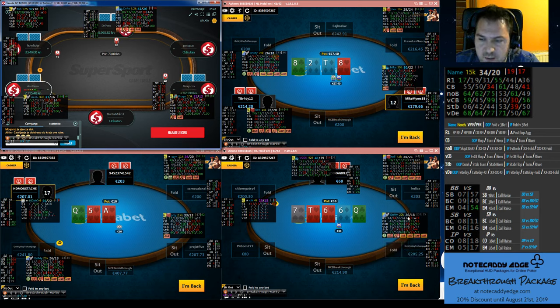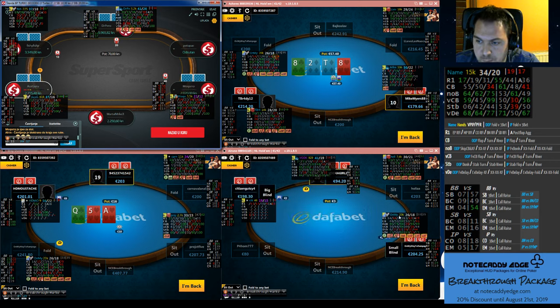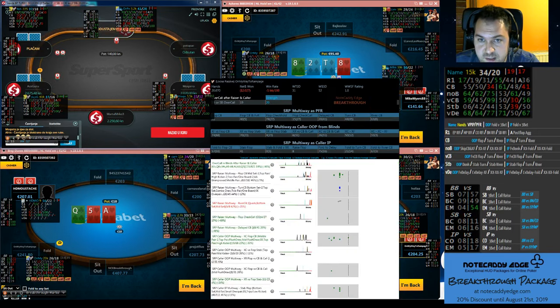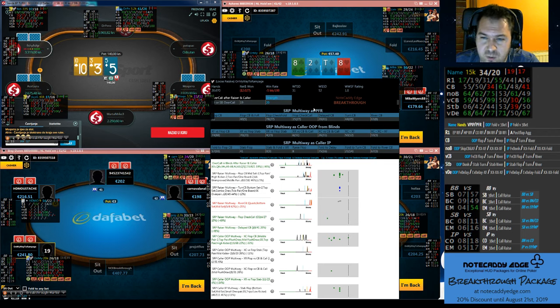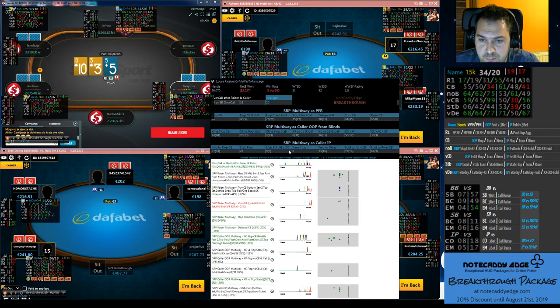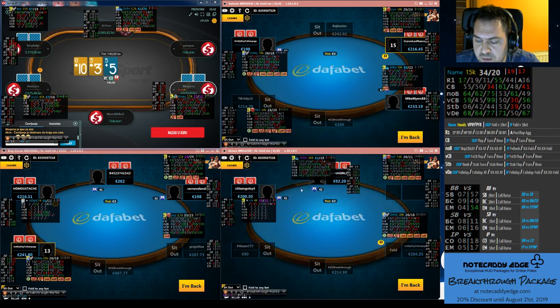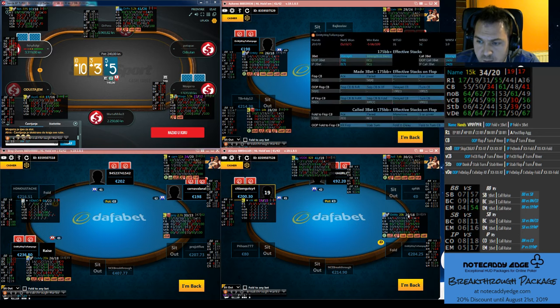With these stats they are connected to the pop-up. So here we have a multi-way pop-up. When we click here, we see how this player plays multi-way. We see how he plays multi-way as PFR, as a caller, and as an in-position player. We have graphs and definitions. Here we have also